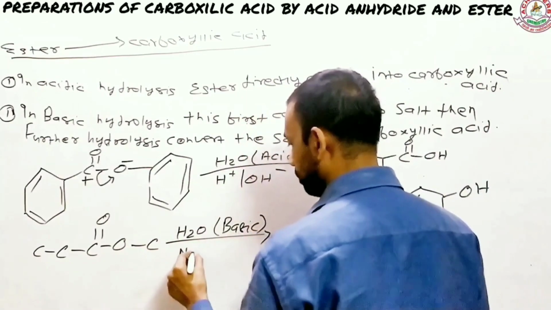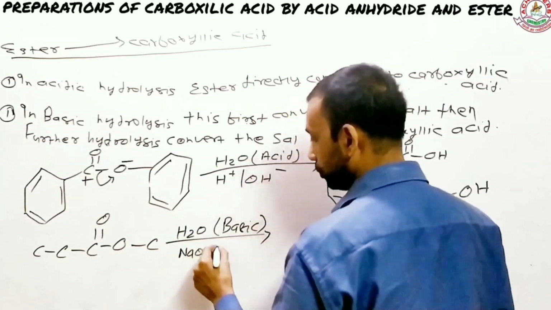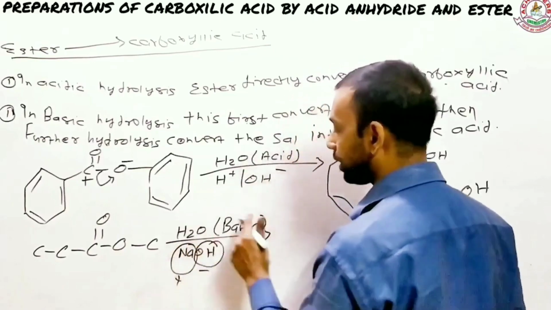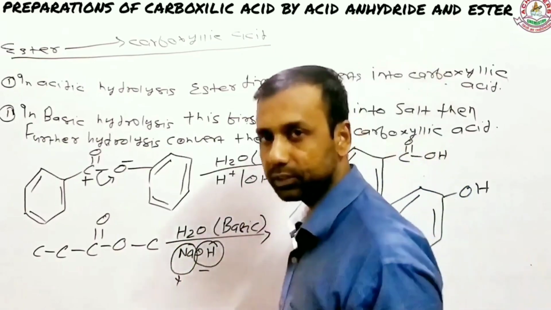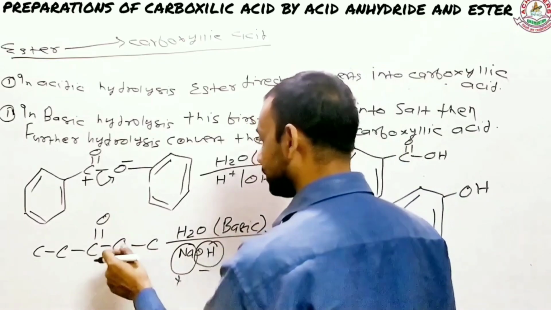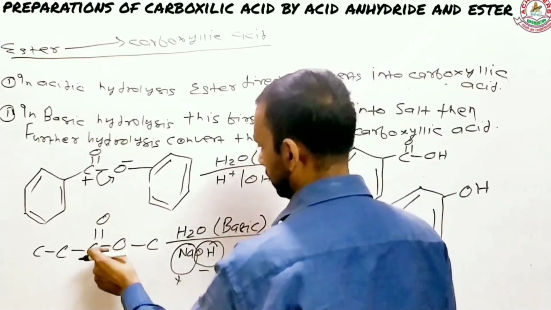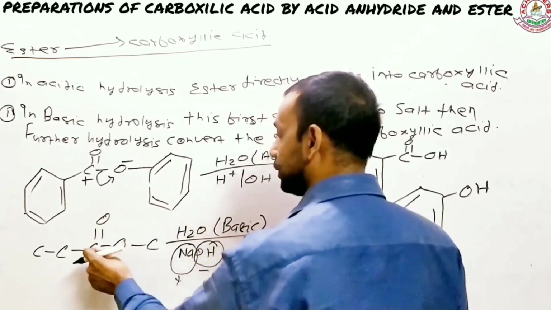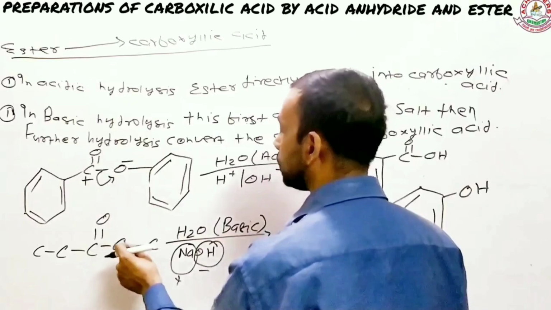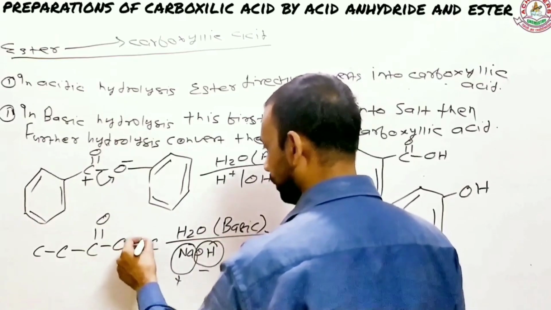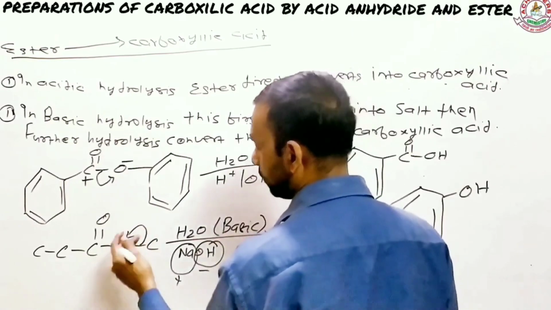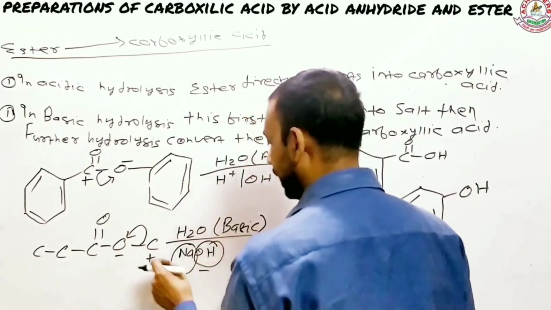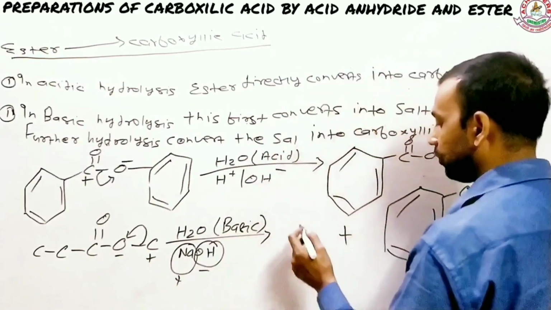You need to use a base like NaOH. So you do know that this has a negative and a positive ion as well, apart from water which has H plus and OH minus. So what I will do, I'll let the bond go cleavage right from here. I will make this bond undergo cleavage. So sorry, this one, because this is a bit stronger as compared to this one. So I will break this bond. So what will happen? This bond will undergo cleavage like this. So this becomes a negative charge and carbon becomes a positive charge. So in that case, sodium will attach to the oxygen and it will form